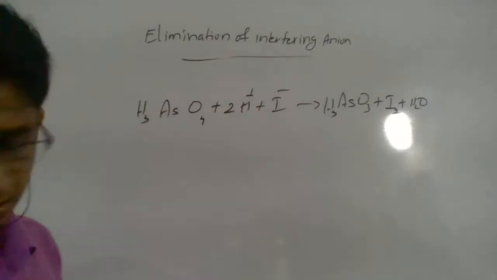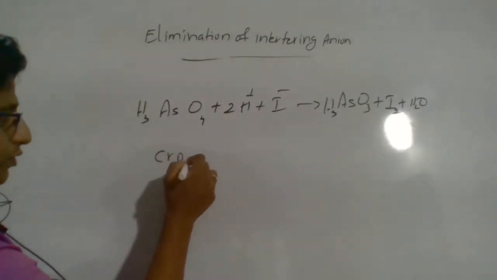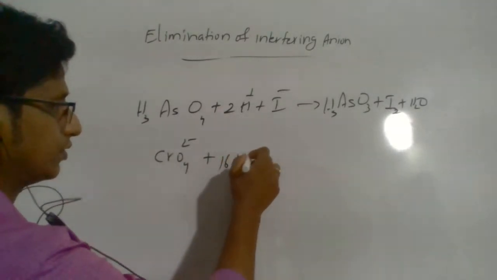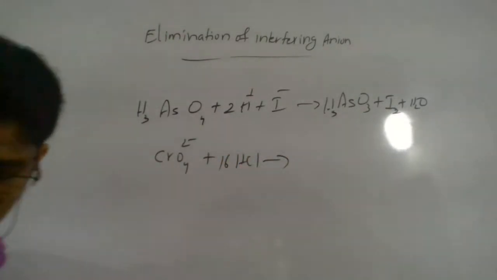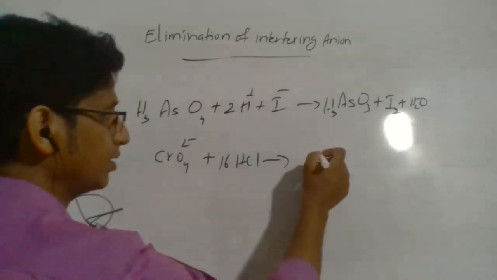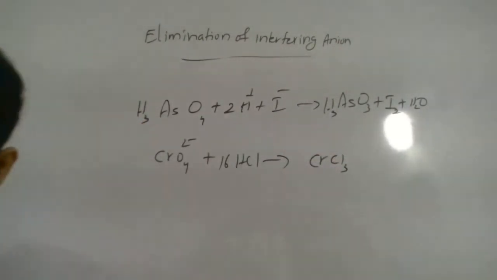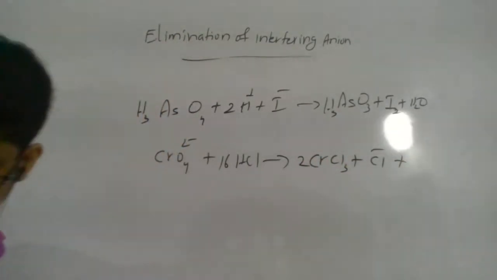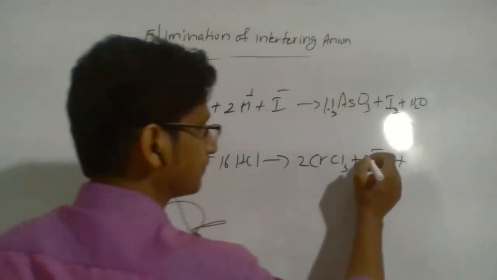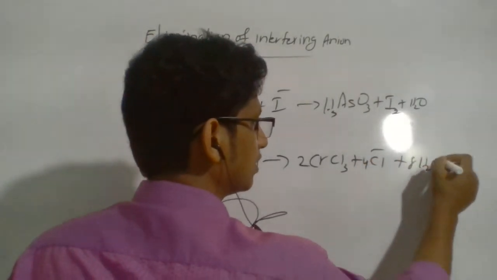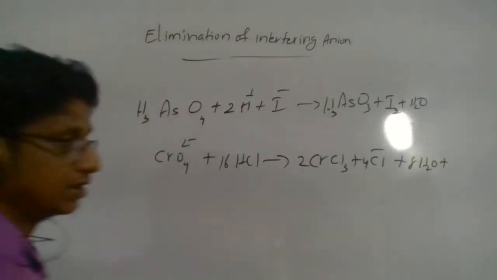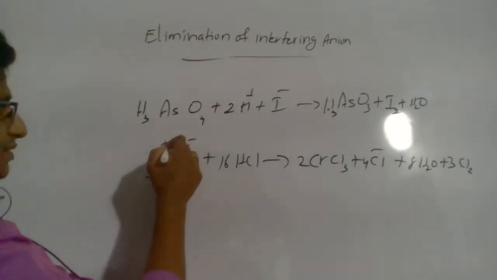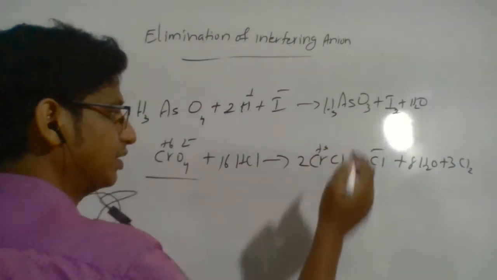So the chemistry is CrO4 2 minus will convert to the corresponding chromium 3 chloride, CrCl3, and chloride ion also forming, Cl minus, water, and finally chlorine. So actually our point is chromium plus 6 is reduced to chromium 3 plus 3 and